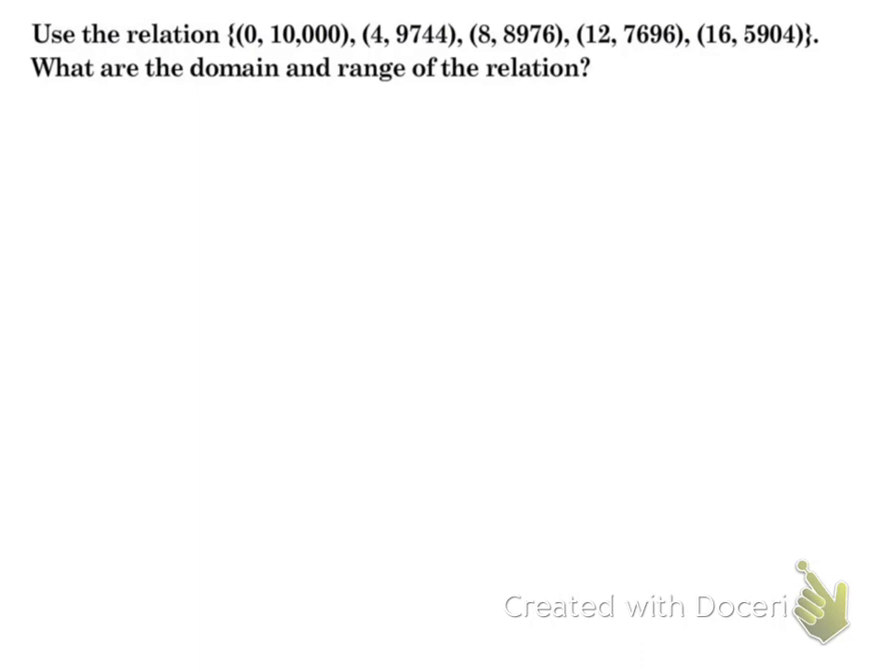So if I wanted to look at the relationship of the set (0, 10,000), (4, 9,744), (8, 8,976), (12, 7,696), (16, 5,904), and we wanted to figure out what the domain and range are of this relation. Number 1, this is a special type of relation, a function, because none of your x values are used more than once. So my domain